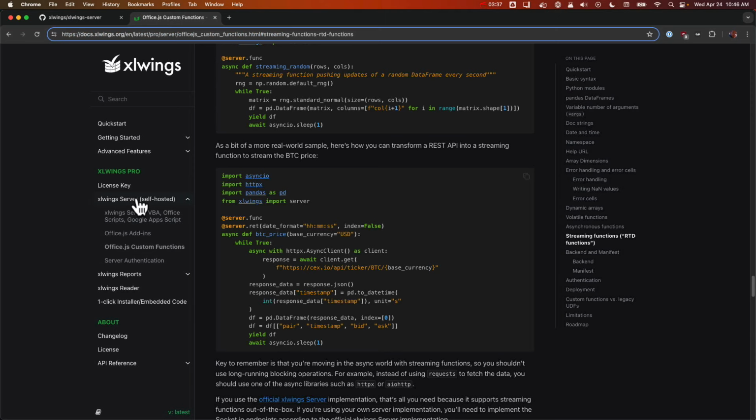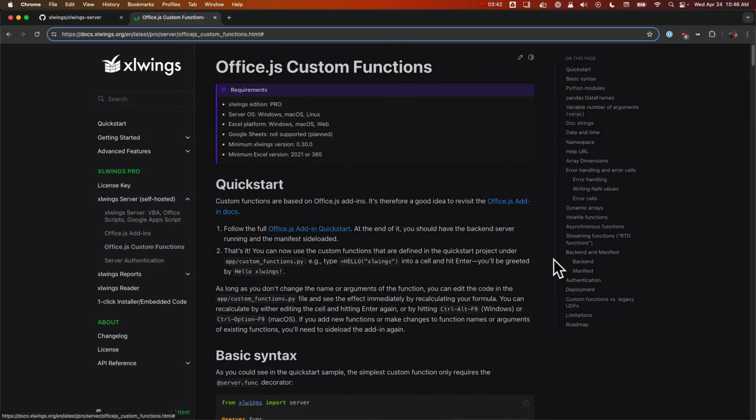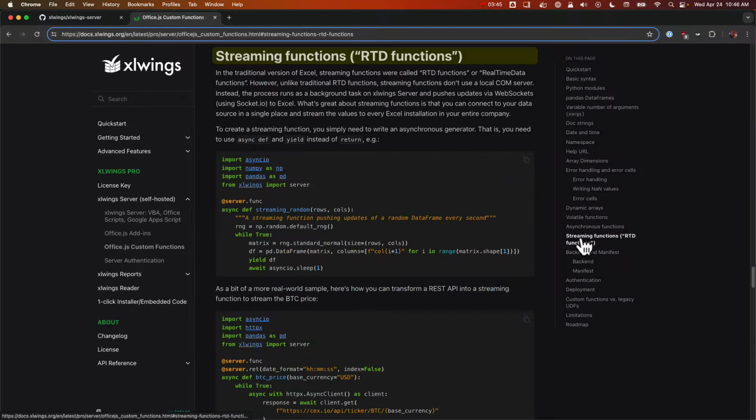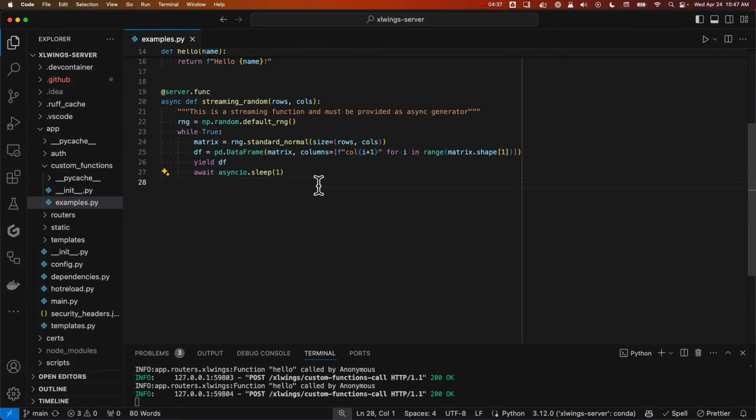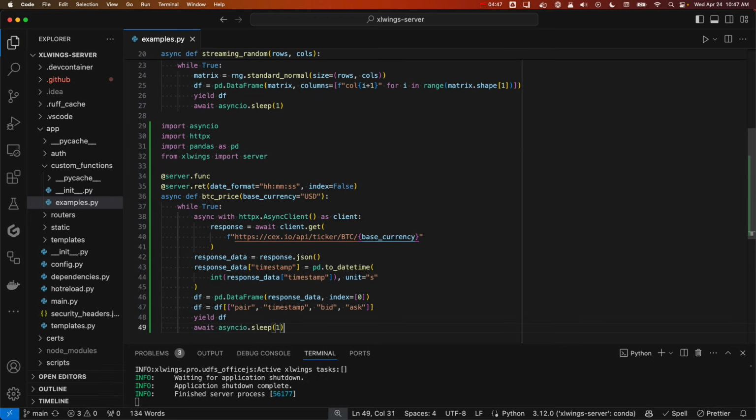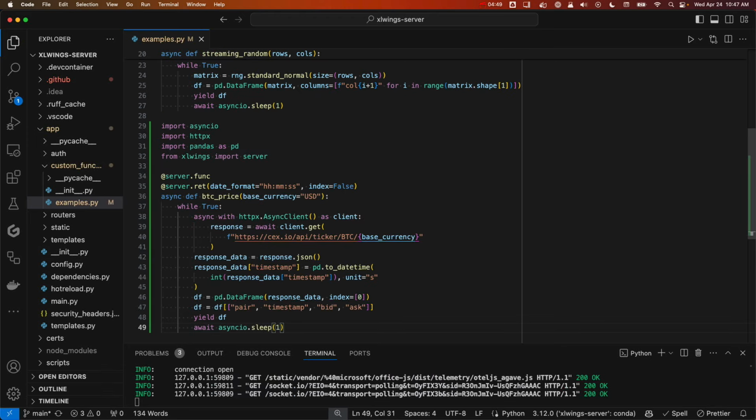Under the xlwings server section, you'll find Office.js custom functions, and here you can go to streaming functions. If you scroll a little bit down, you will find the Bitcoin sample here. No worries, we'll go through the code in just a moment, but for now, let's copy it here, and in xlwings server, under app, custom functions, and examples.py, let's just paste it in here, save the file, and then